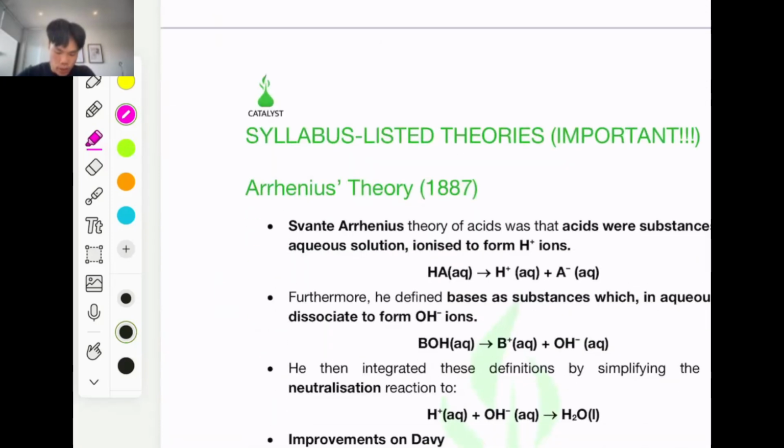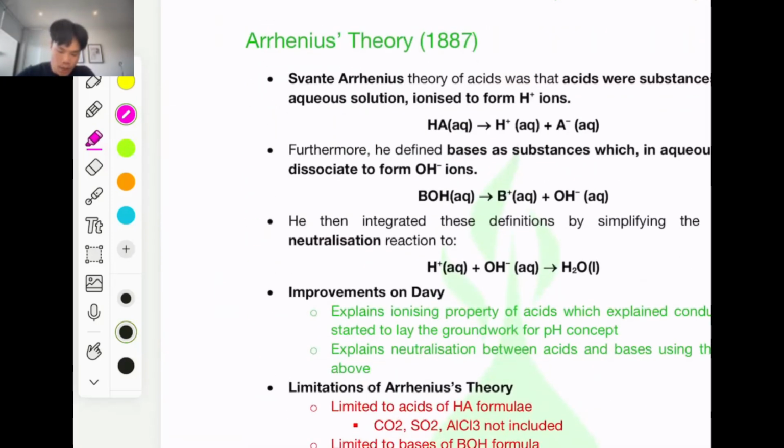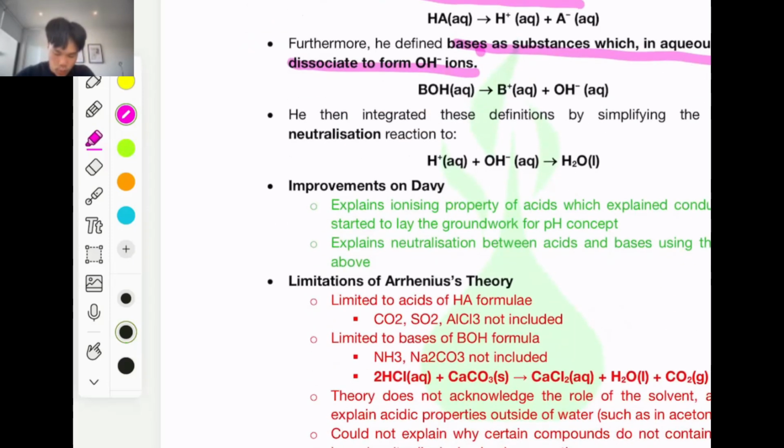before you get onto Arrhenius, who said that acids were substances which in aqueous solution ionized to form H+ ions, and bases were substances which in aqueous solution dissociate to form OH- ions, and ionize, dissociate, one and the same in how you use them. He also integrated the definitions to show us neutralization in terms of H+, and the improvements were he started to be able to explain conductivity, able to explain neutralization through his equation, but